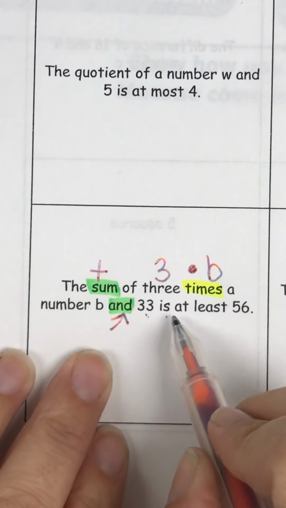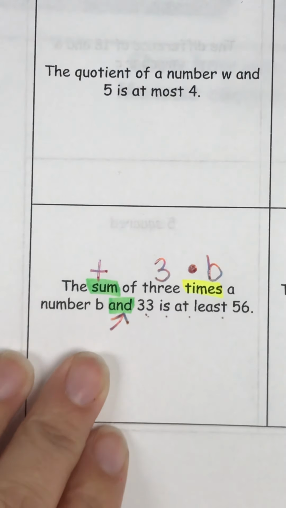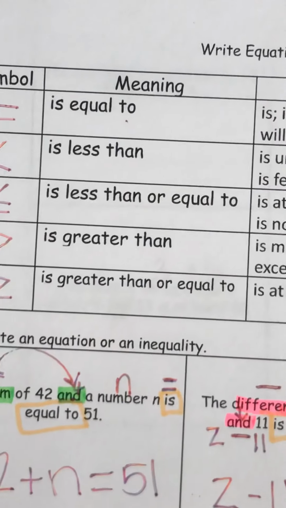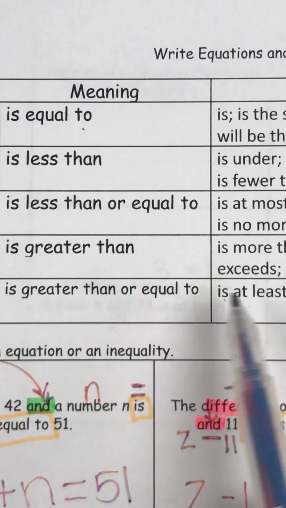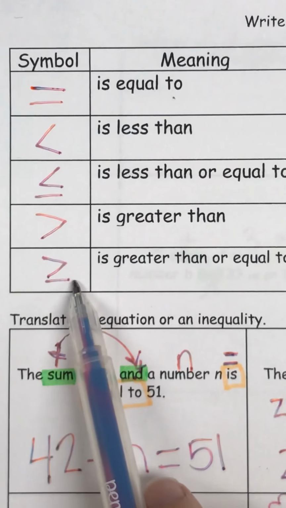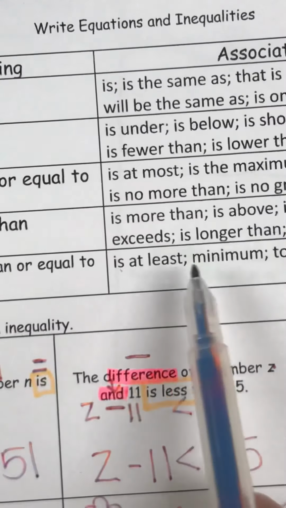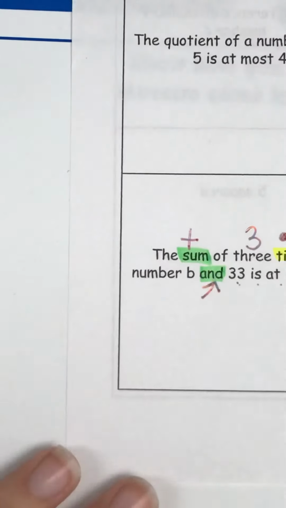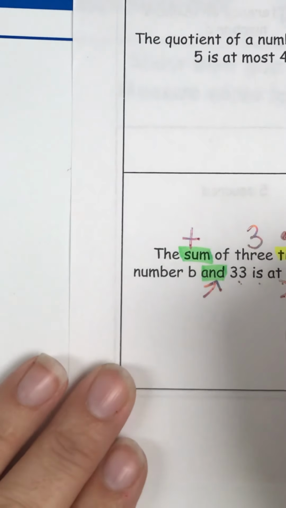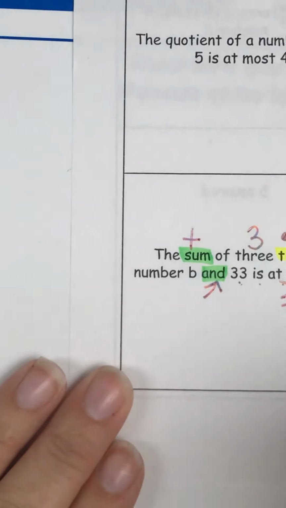And 33 is at least. So if you look at your notes from today and you're looking for is at least, is that greater than or equal to symbol right there? Because is at least is here, so it's on the same line, greater than or equal to. So I'm going to write it down here. Is greater than or equal to